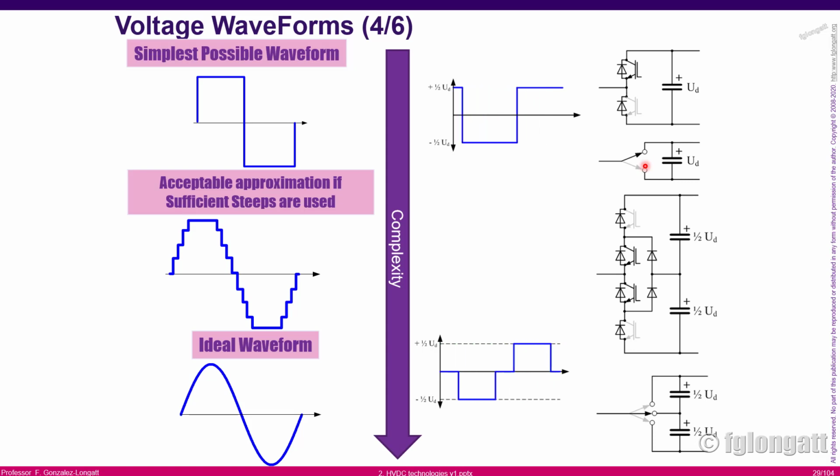We can create a square wave, okay? However, that square waveform is very far away from the ideal sine wave that I have here on the left-hand side. On the left-hand side, I have different degrees of approximation in order to get the ideal sine wave. As you can see at the very bottom, we have the beautiful sine wave, and on the top, we have